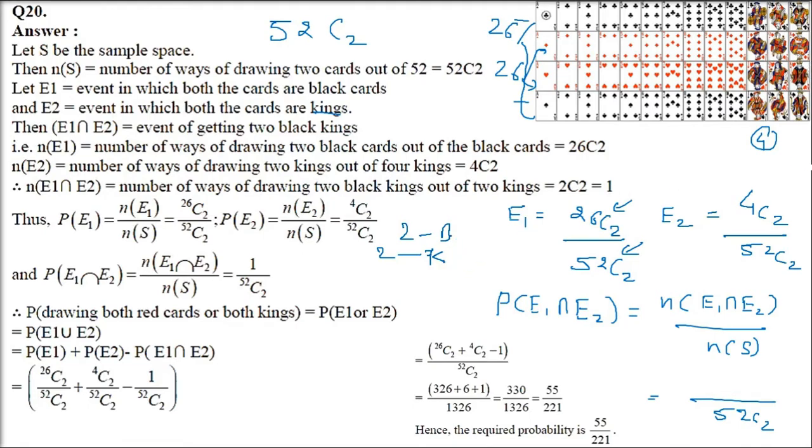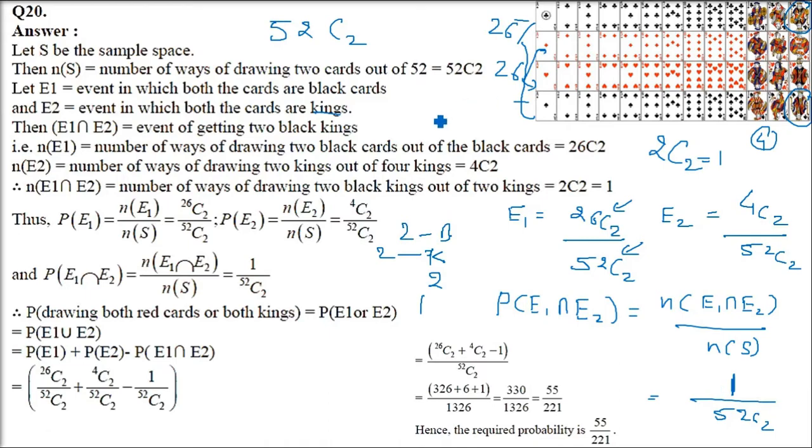So you will be tempted to put 2 here, but this is not the case. See, you have 2 black cards and you have to select 2 out of it. You just have in this 2, whichever you are taking first. So this black card or this black card, they are different, no? They have different suits. So 2C2 is 1. So this is the favorable cases. This will be the number of favorable cases. Don't write 2. The answer is 1.